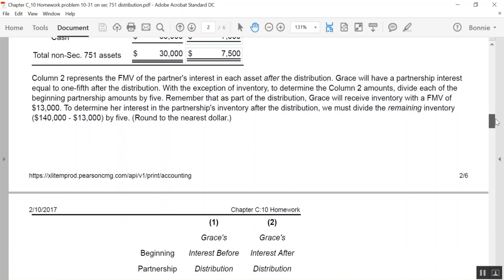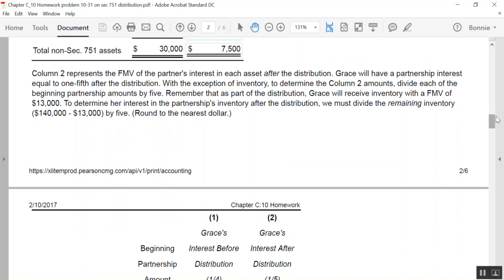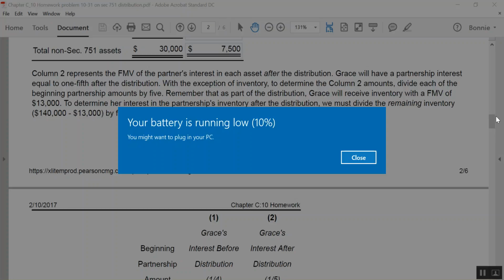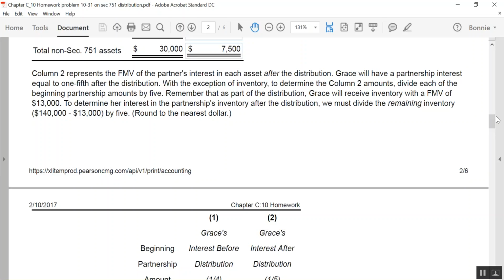Now we get to column 2. Column 2 represents the fair market value of each